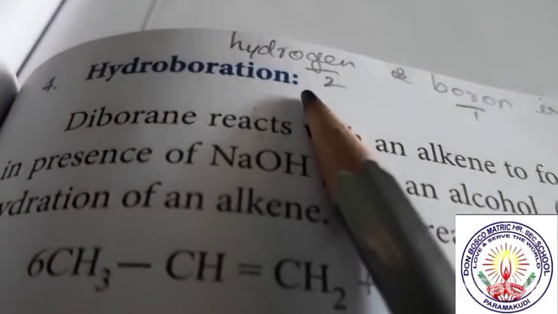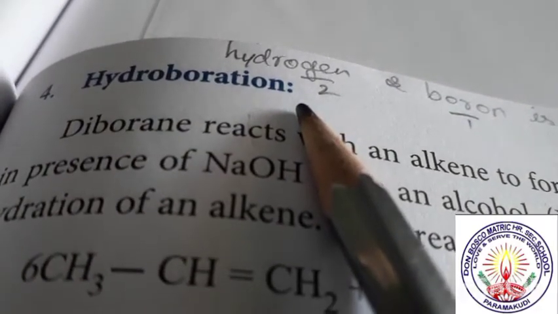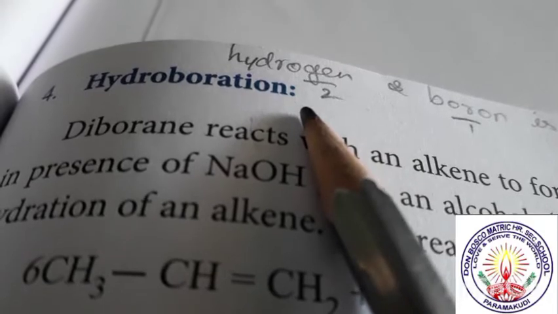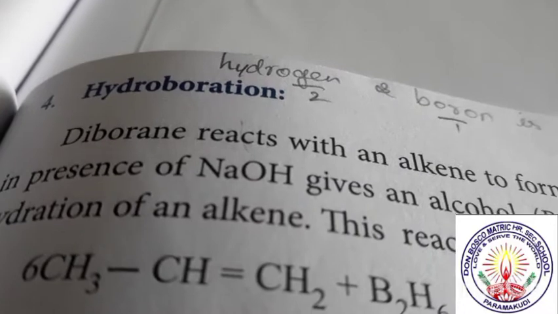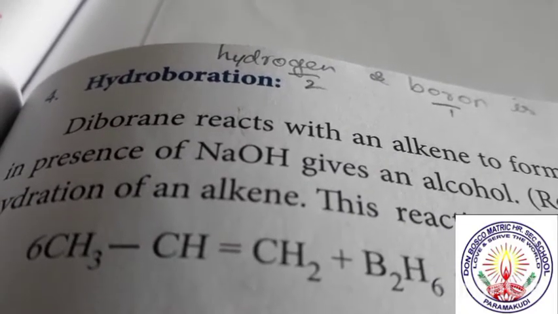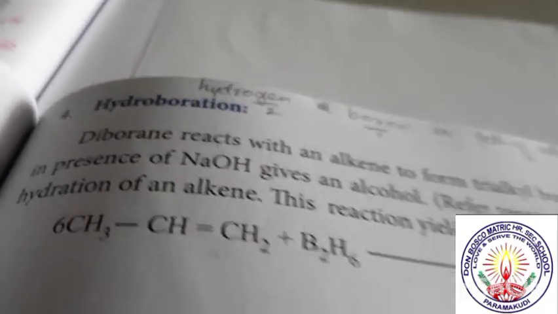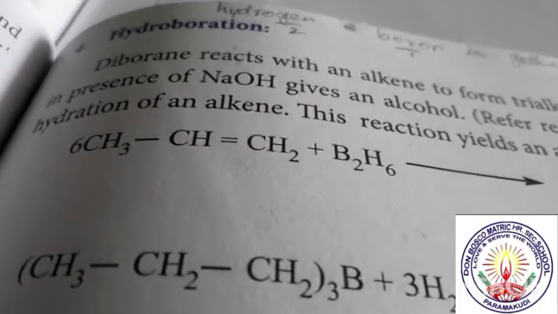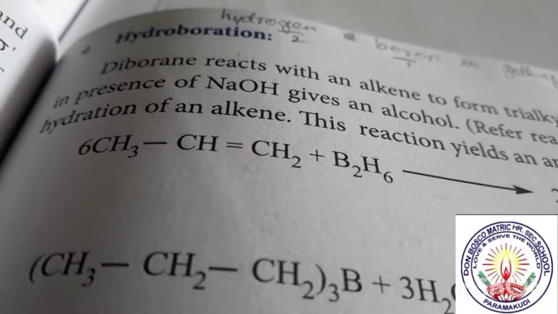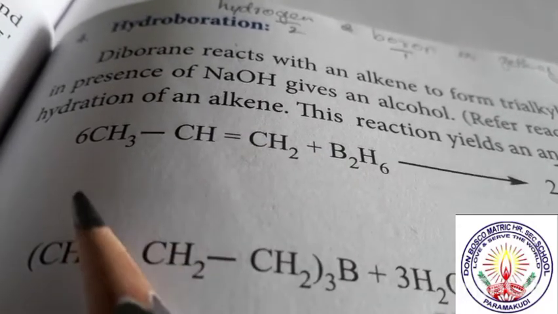Hydroboration. Hydroboration is the addition of hydrogen across the double bond. Here the hydrogen and boron are getting added. First boron is getting added, then in the second step the hydrogen is getting added. Boron reacts with an alkene to form trialkyl borane, which on treatment with NaOH gives an alcohol. Here we have taken CH3